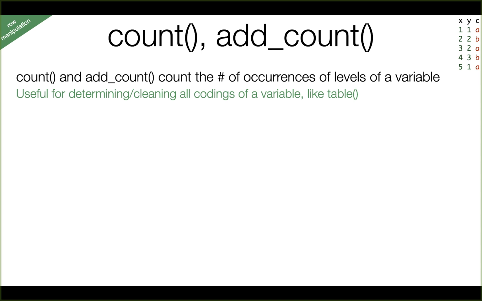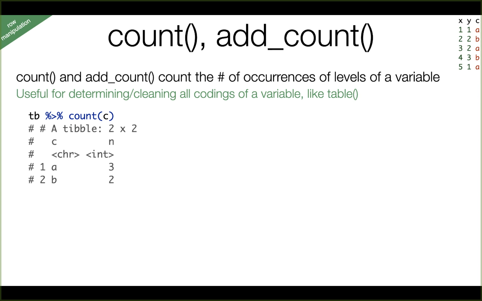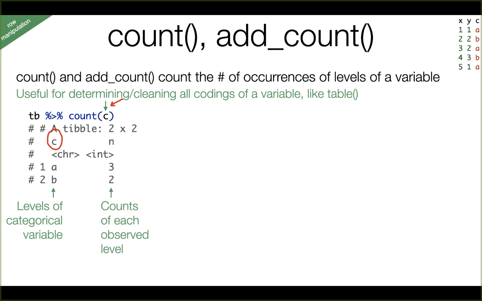So the basic syntax would look something like this. Take TB and count C's. So count the C variable, okay? Notice the components of this. In the top right up here, we're saying count the variable C. And so we get a tibble back, and its first column has C in it, and that column has the levels of the categorical variable C. In other words, all of the possible instances, all the values that C took on. The second one is called N, and N, of course, is just the number of times that each of those